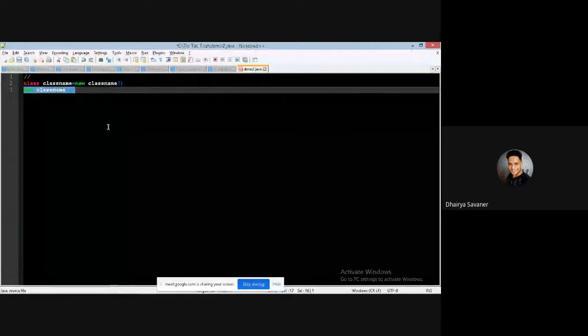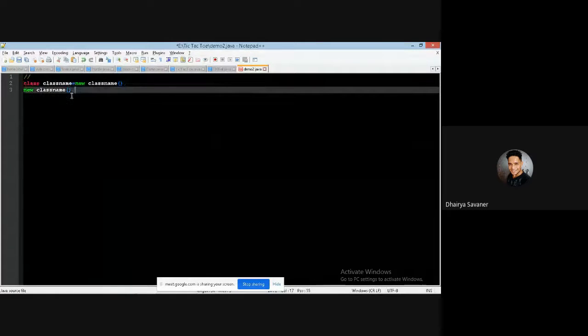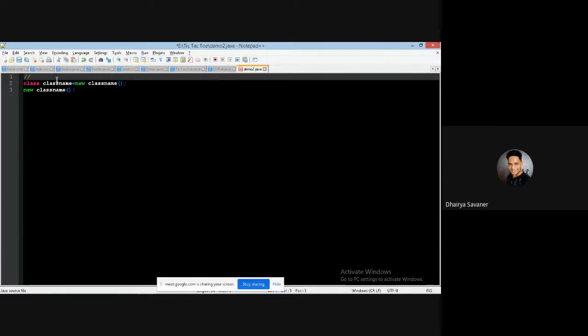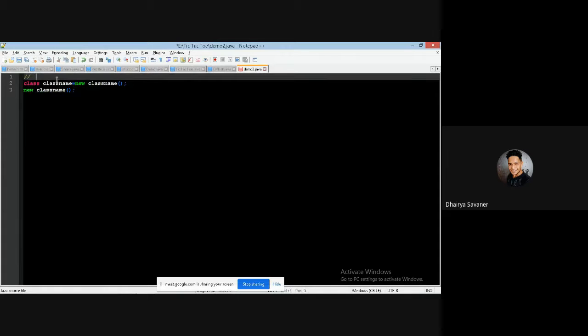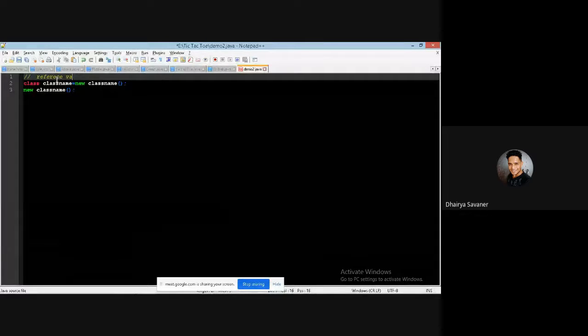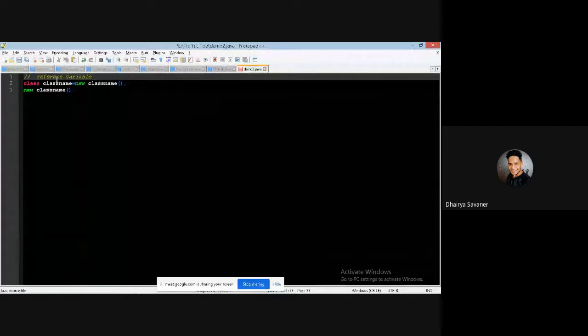So then, sir, what does this mean? Why are we writing class name equals to this and that? What's the point of using that? Anyone has any idea? No? Okay. So what we are doing here is, the thing that we are using first is called a reference variable. So what does a reference variable do? A reference variable holds